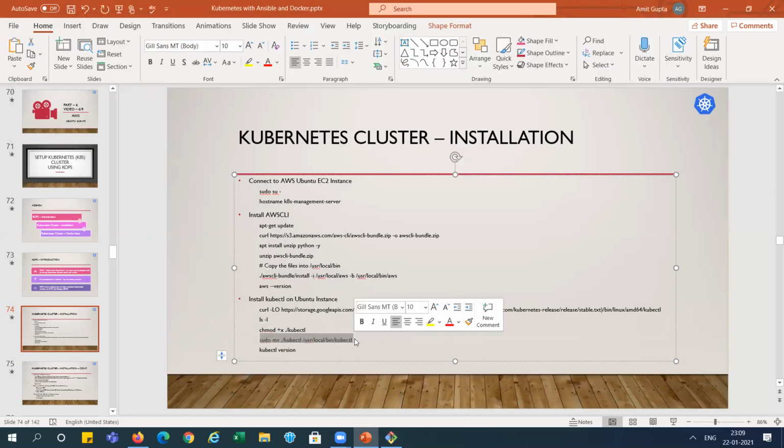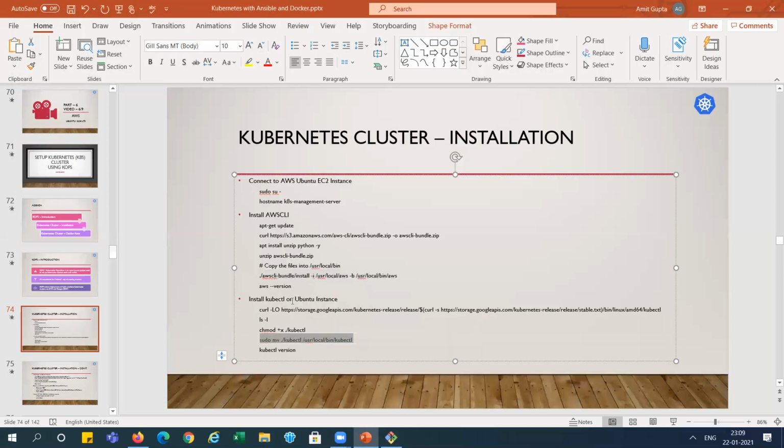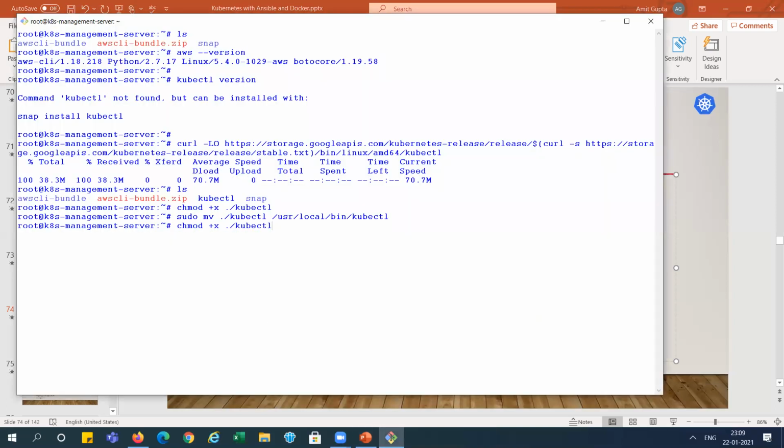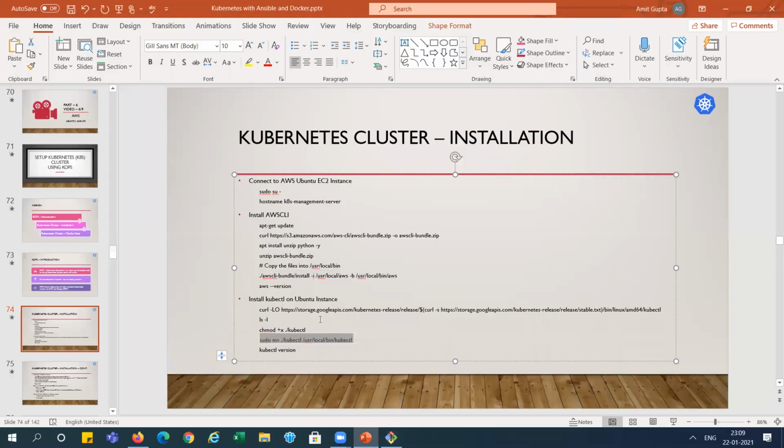Now moving to the USR bin. You can see this version is installed. This version is 1.20. This is the correct version, right? Now we have installed AWS CLI and kubectl.